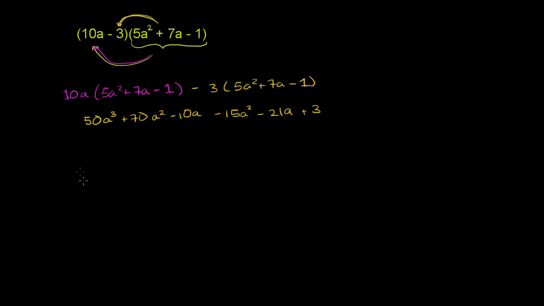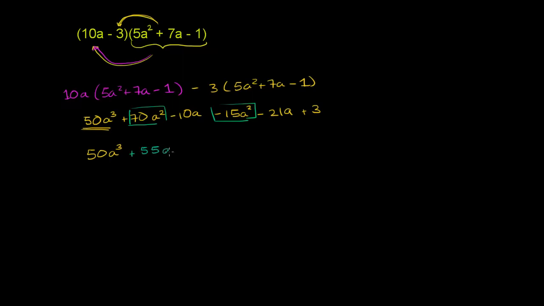And now we can try to merge like terms. This is the only a to the third term here, so this is 50a to the third. I'll just rewrite it. Now we have two a squared terms. We have 70a squared minus 15, or negative 15a squared, so we can add these two terms. 70 of something minus 15 of that something is going to be 55 of that something. So plus